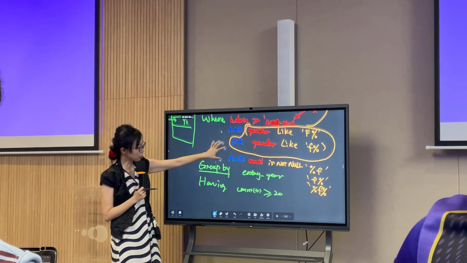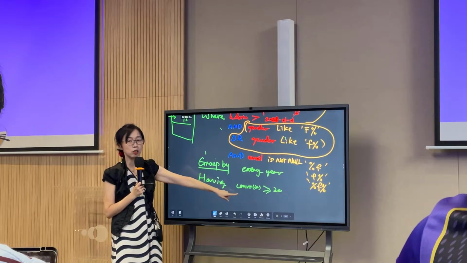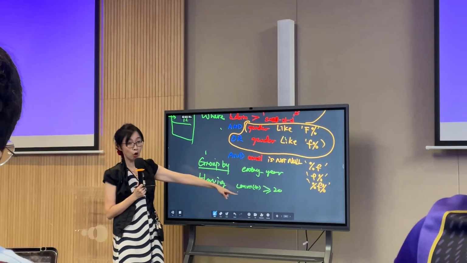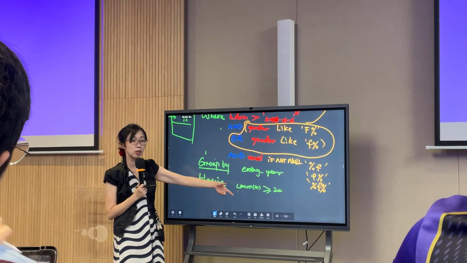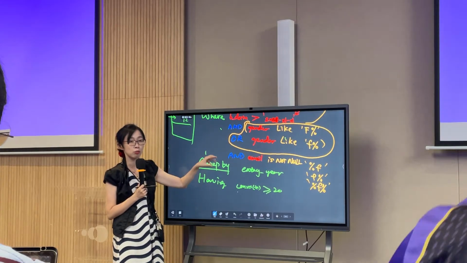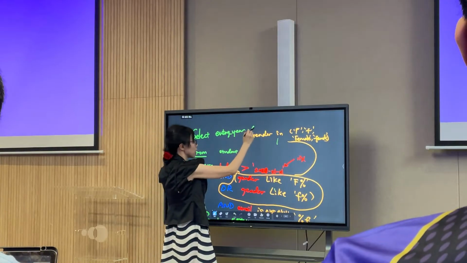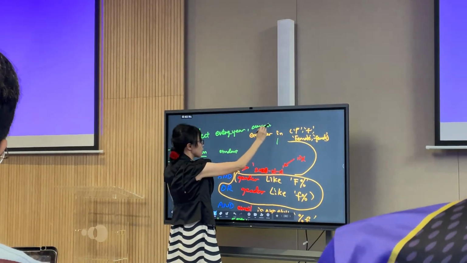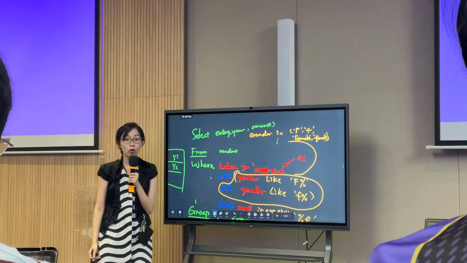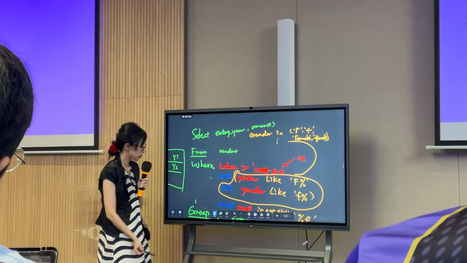Then the next one is what? They already told you the count of rows, the number of students, should be bigger than 20. So that means the aggregate function should be what? Count all. Okay, no problem. Then